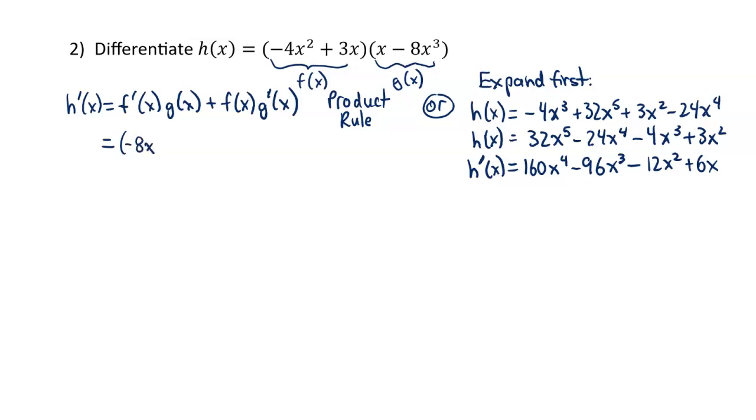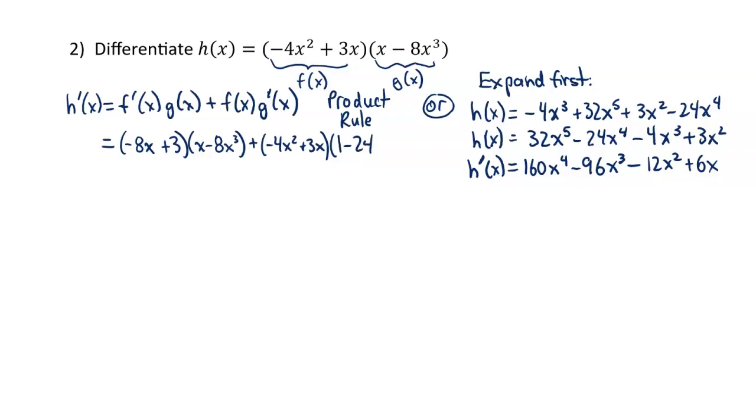The first thing we do is take the derivative of negative 4x squared plus 3x. The derivative of negative 4x squared is negative 8x. The derivative of 3x is 3. And then g of x, we just keep that the same, so 8x minus 8x cubed. And then f of x, I'm going to write this out as negative 4x squared plus 3x. Nothing's changed from that. But now the derivative of g of x is going to be